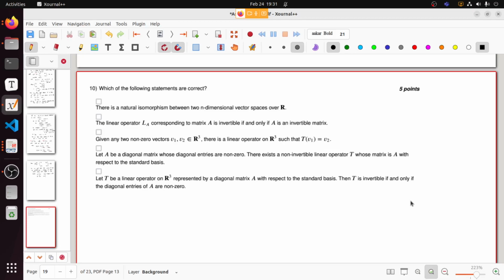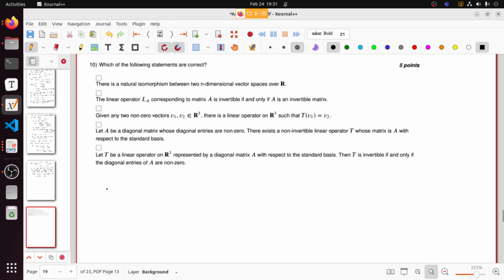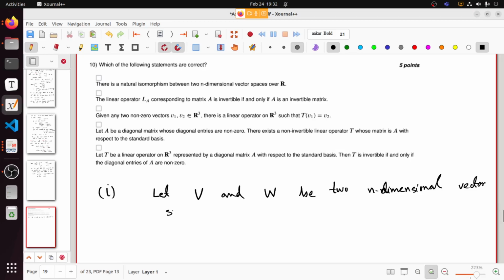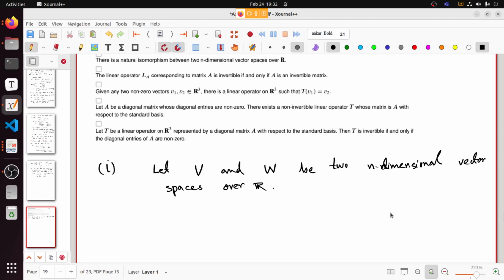It's saying that there is a natural isomorphism between two n-dimensional vector spaces over R. So what it is saying, the first option, there is a natural isomorphism between any two n-dimensional vector spaces over R. So let V and W be two n-dimensional vector spaces over R. Then because they both have dimension n, they have